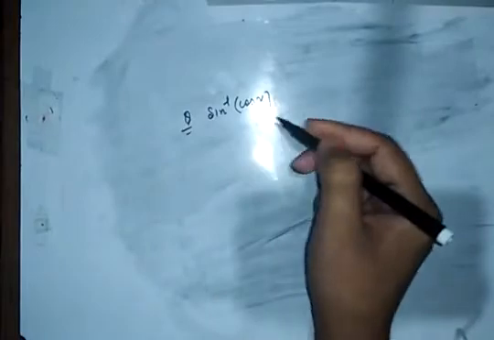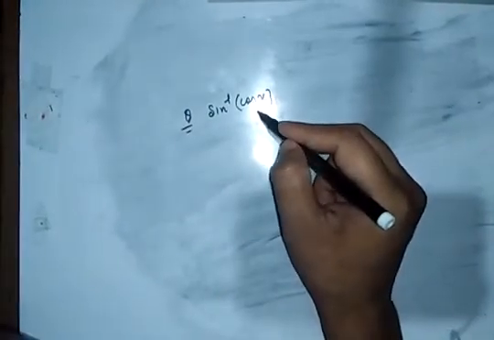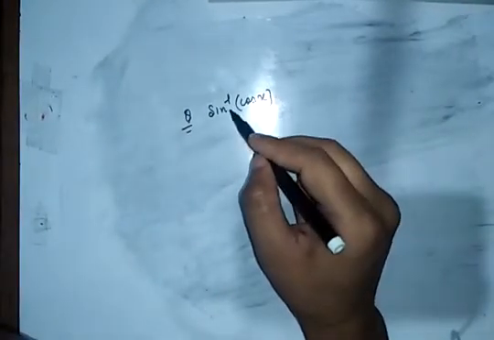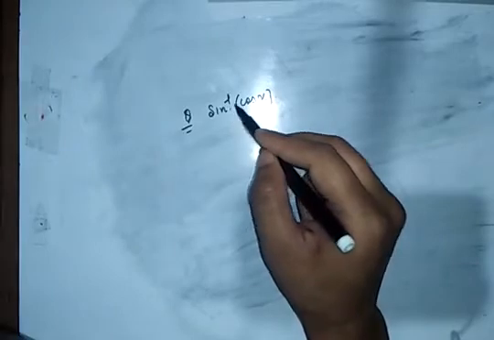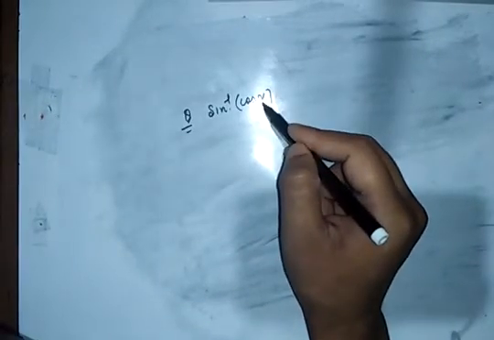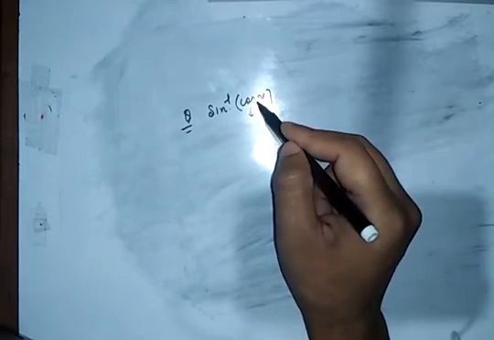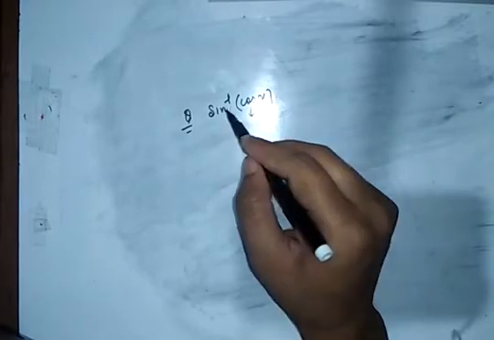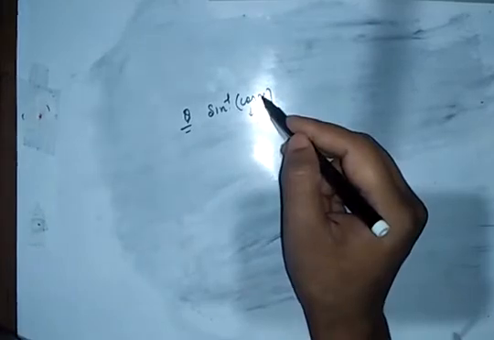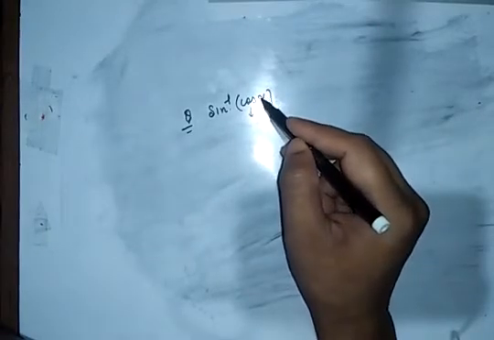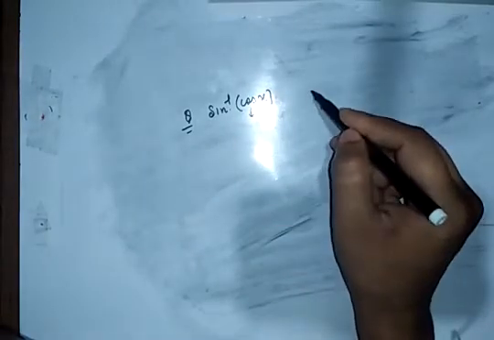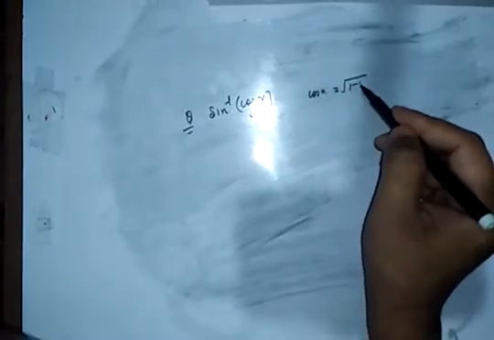How can we solve this? Suppose if this function were sine inverse of sine x, it would be simple, but this is cos x. So we can convert cos x into sine x, for our simplicity. We can easily convert cos x. Suppose cos x equals square root of 1 minus sine square x.